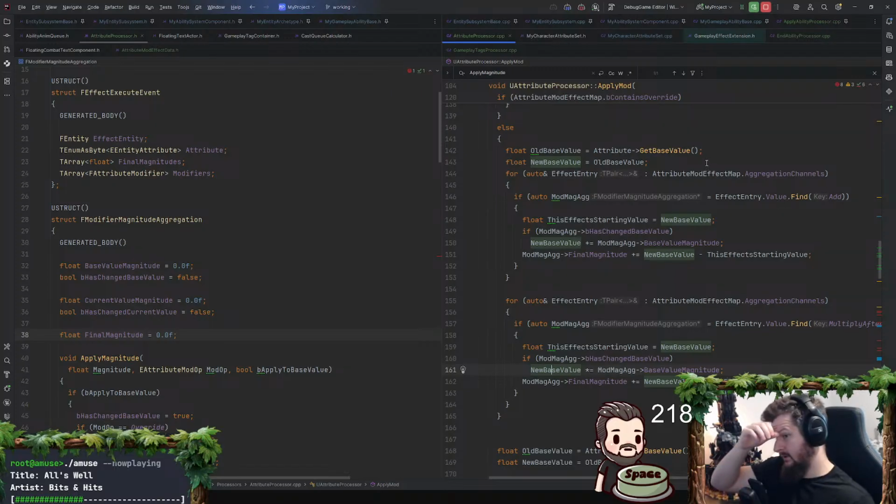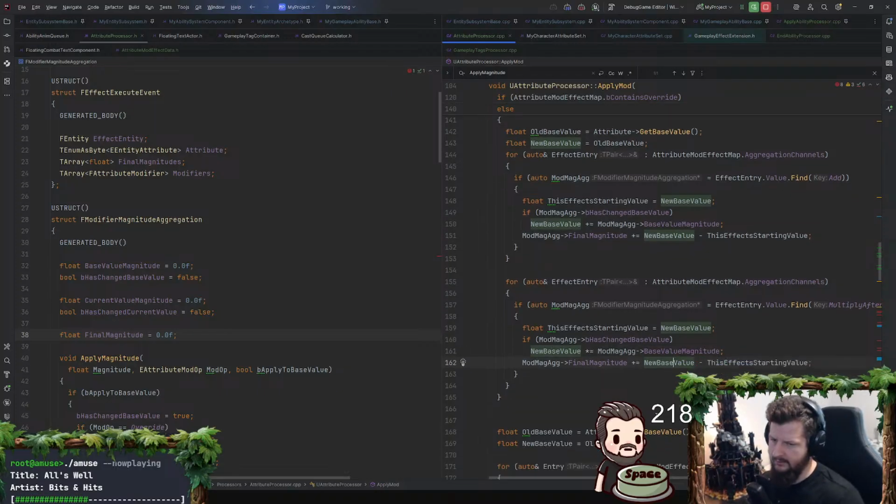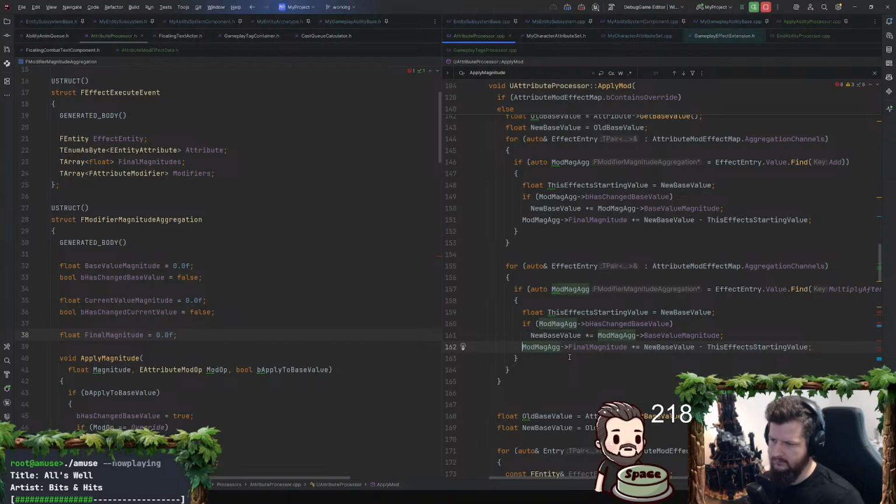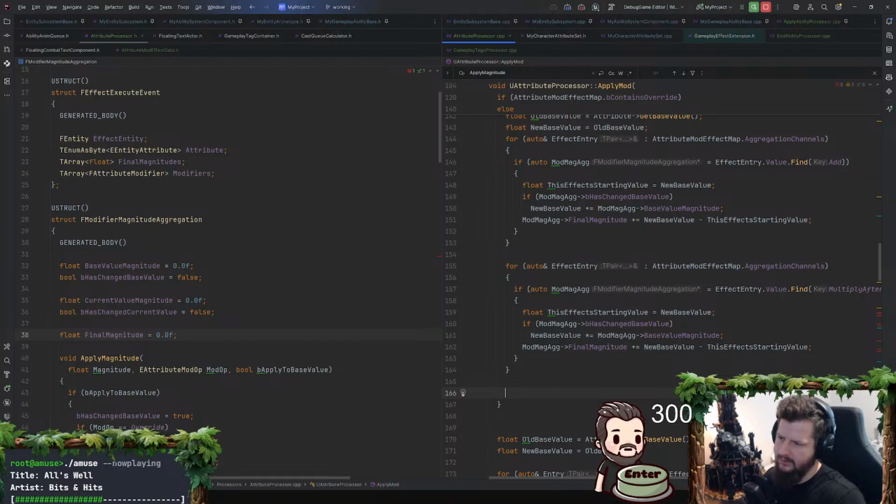And actually, new base value. Yeah, new base value is correct there. Effect entry. Okay, so now I think we just need to do the... I set base value here at the end too.